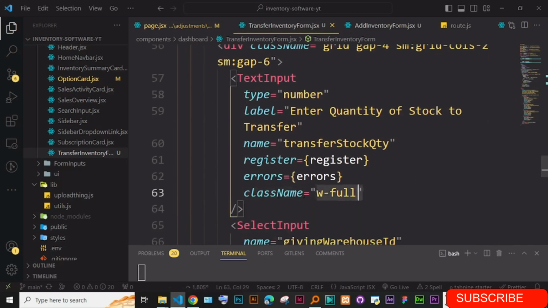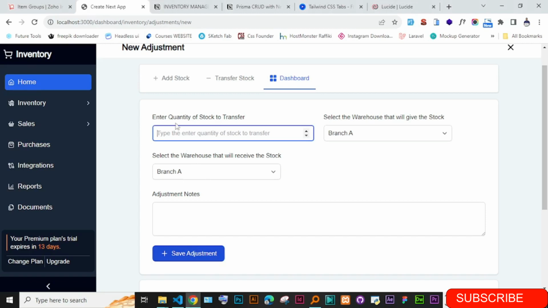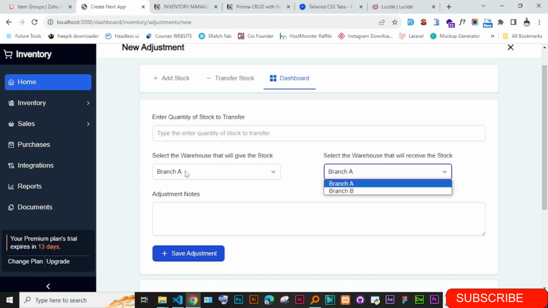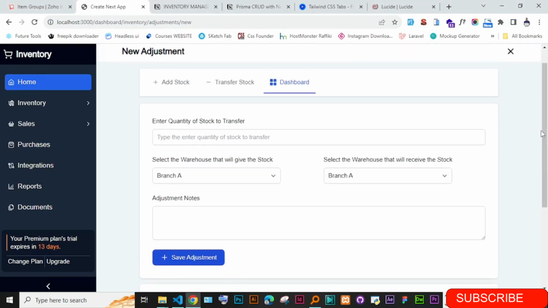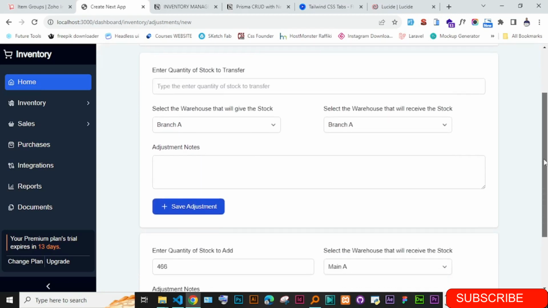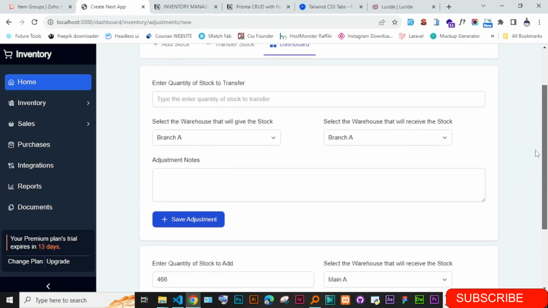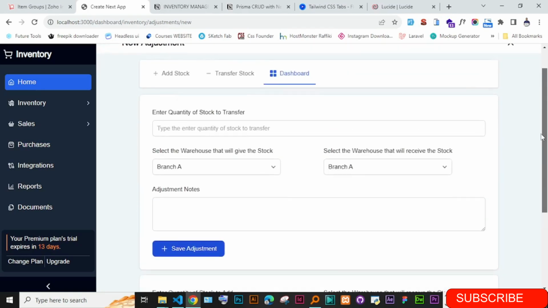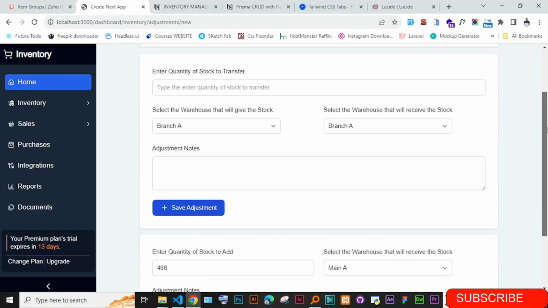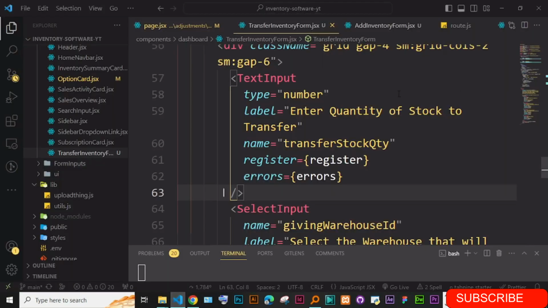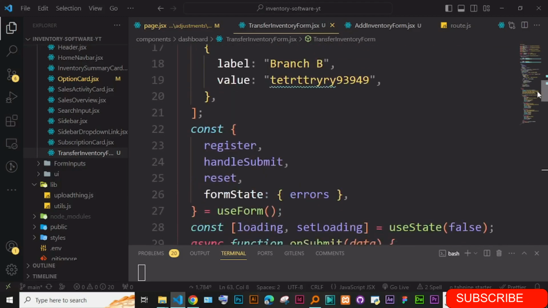This text input, I can make it full by removing this, and this, it will just go up to this side, and then insert here we have these two, and the form looks much better that way. Okay, so now we have to make sure that these two forms are submitting to respective endpoints. So right now, if you check where they're submitting the data,